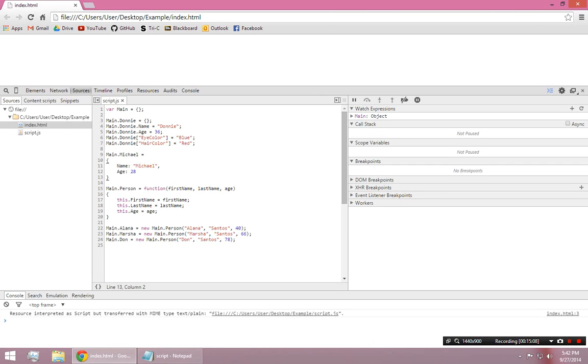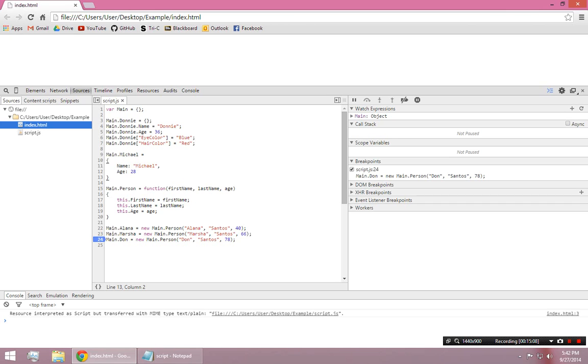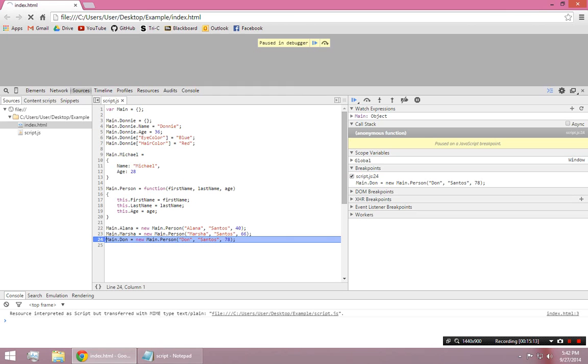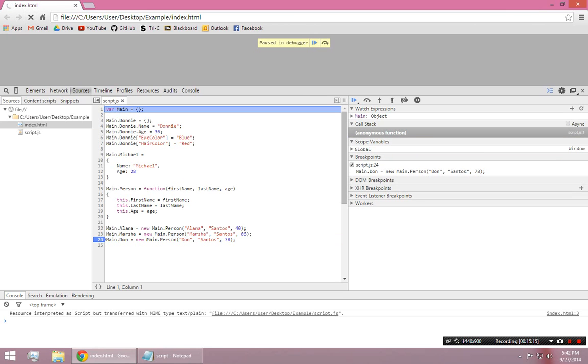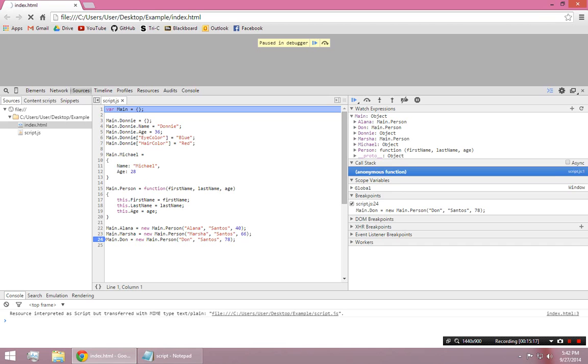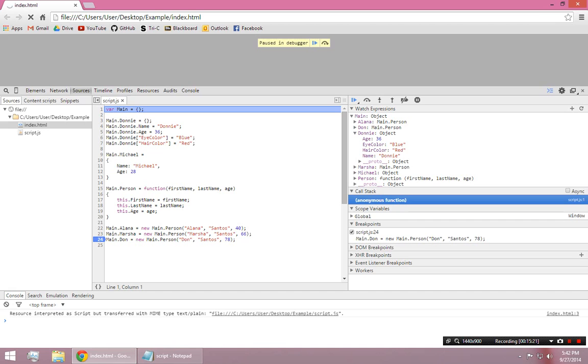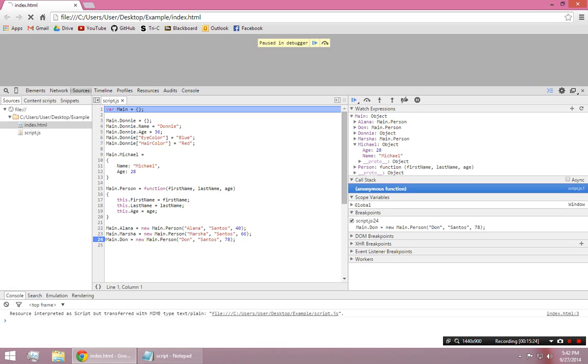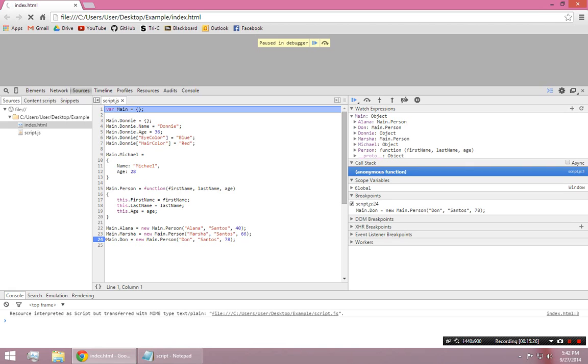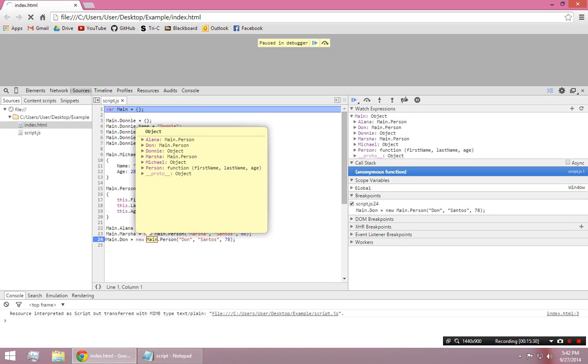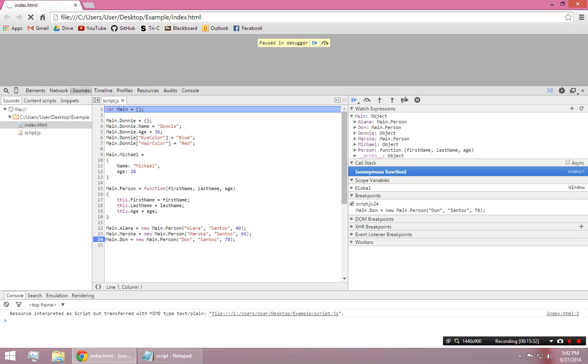So I'm going to put a breakpoint way down here at the end. And I'll pass that up so I have everything. So inside of main, now I can see all my objects. I have Donnie, it's the same as before. I have Michael, same as before. And now these 3 lines of code, new, should have created 3 objects that look exactly the same other